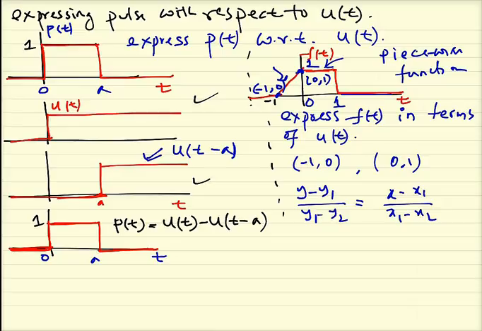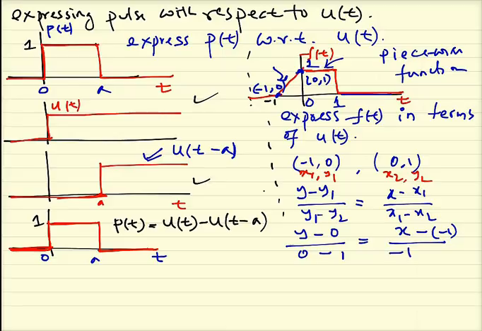So y minus y1. Let me just say that this is your x1, this is y1, this is x2, this is y2. So that means you should have y minus y1 equal to 0, and then you have 0, and the value of y2 is equal to 1. Similarly, x minus x1 equal to -1, and then you have x1 which is -1, and x2 which becomes 0. So now if you simplify that,